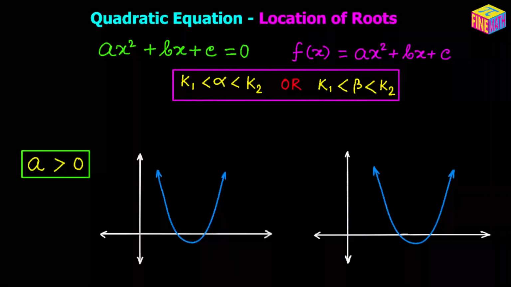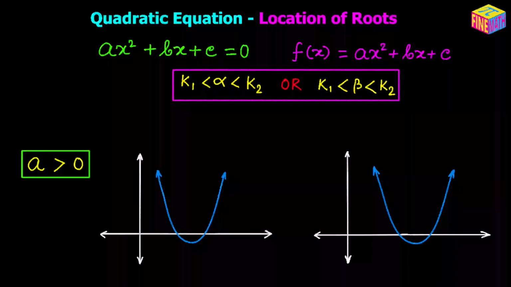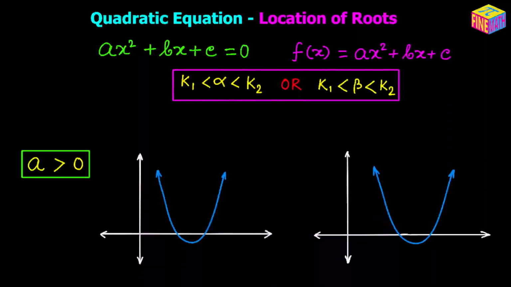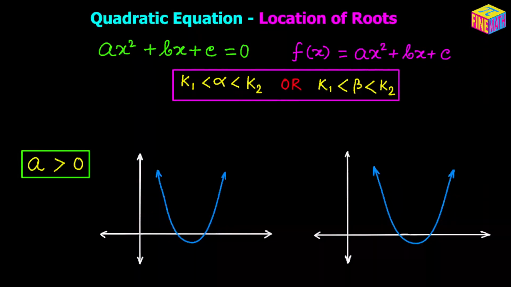Hi everyone, in this video we are going to discuss the necessary condition for exactly one root of a quadratic equation to be between two real numbers. Say for example we have a quadratic equation ax squared plus bx plus c equals 0, and then what would be the necessary condition for one of its roots to be between two real numbers, let's say k sub 1